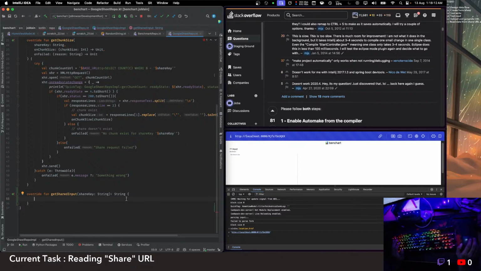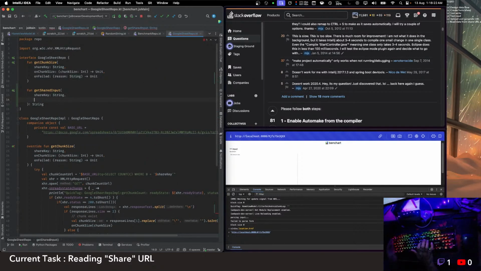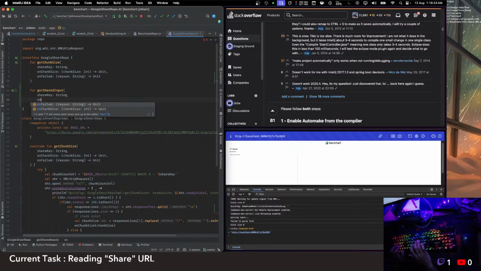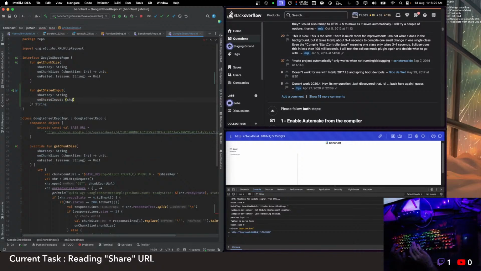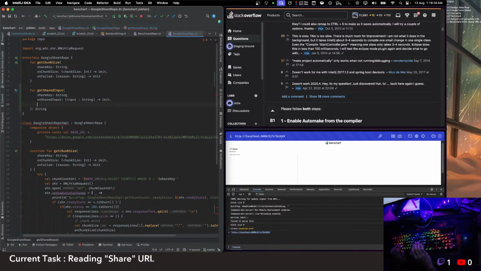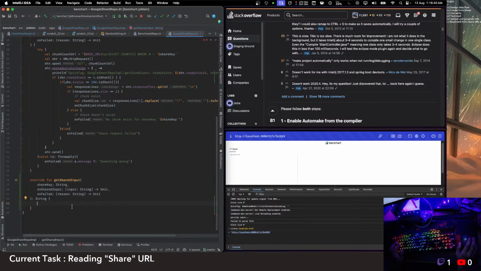Now, I think this has to be again async. I don't want to slow down the website. On shared input, input string, which is not expecting anything back. And on failed, yeah, same thing. And I think we can change the function signature in here. Yeah, let's copy the same structure,